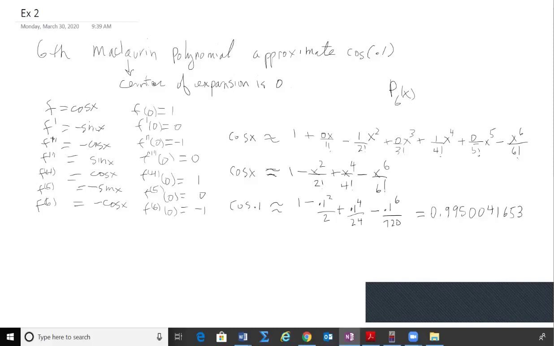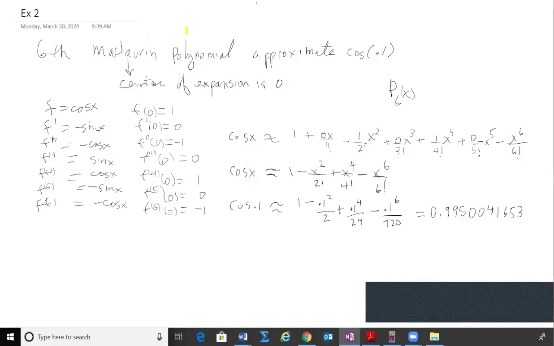Okay, a couple more examples here. And I've got these all worked out, so I'm just going to talk through it. Let's see. Okay, so we want a